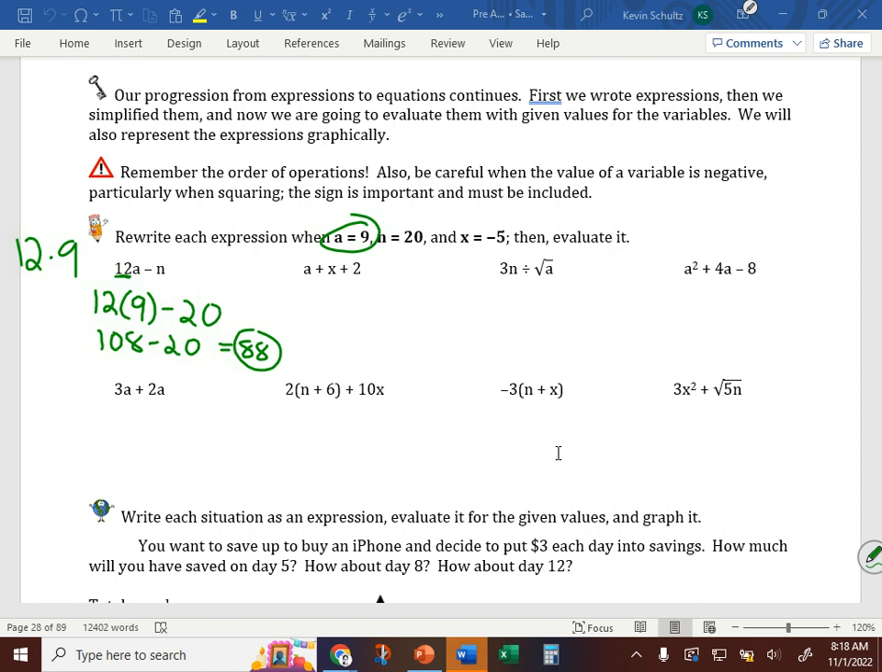A plus x plus 2. Well, we know that a is 9. And now we're adding x, and our value for x is negative 5. Now, we have this plus sign from the expression, that just kind of comes down there. And then x being a negative 5,